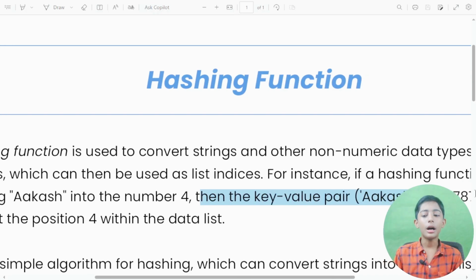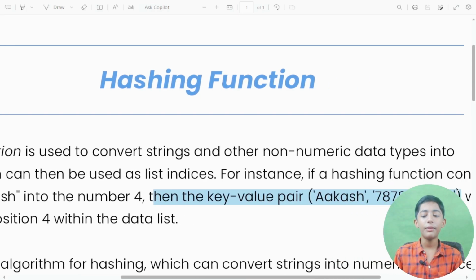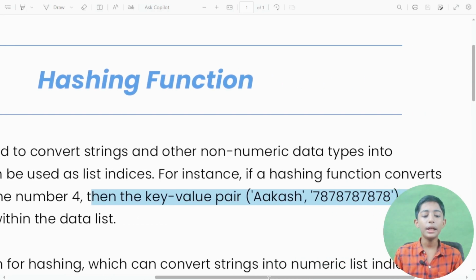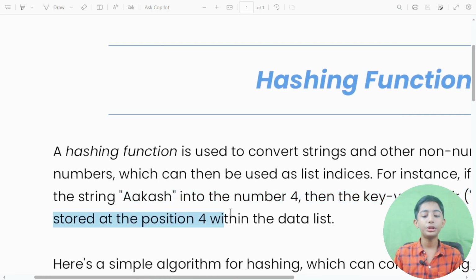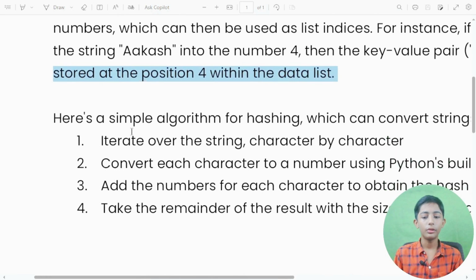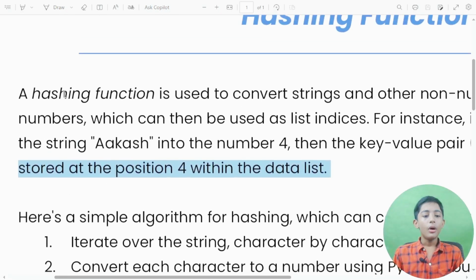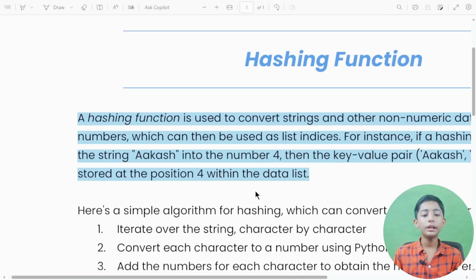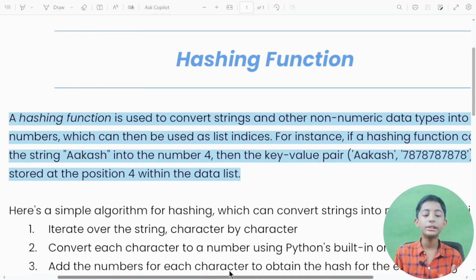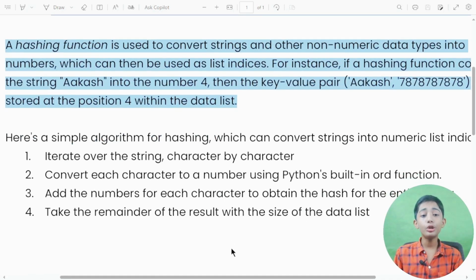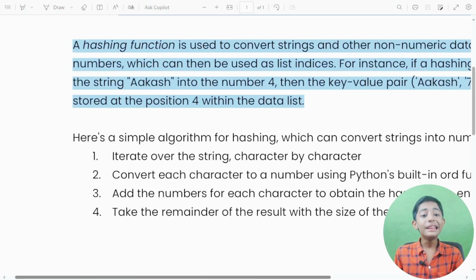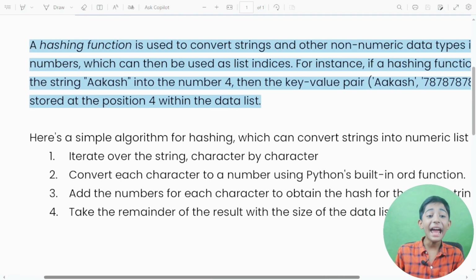Akash, 7878787878 will be stored at position 4 within the data list. This whole sentence means a hashing function is used to convert strings and other non-numeric data types into numbers, which can then be used as list indices.